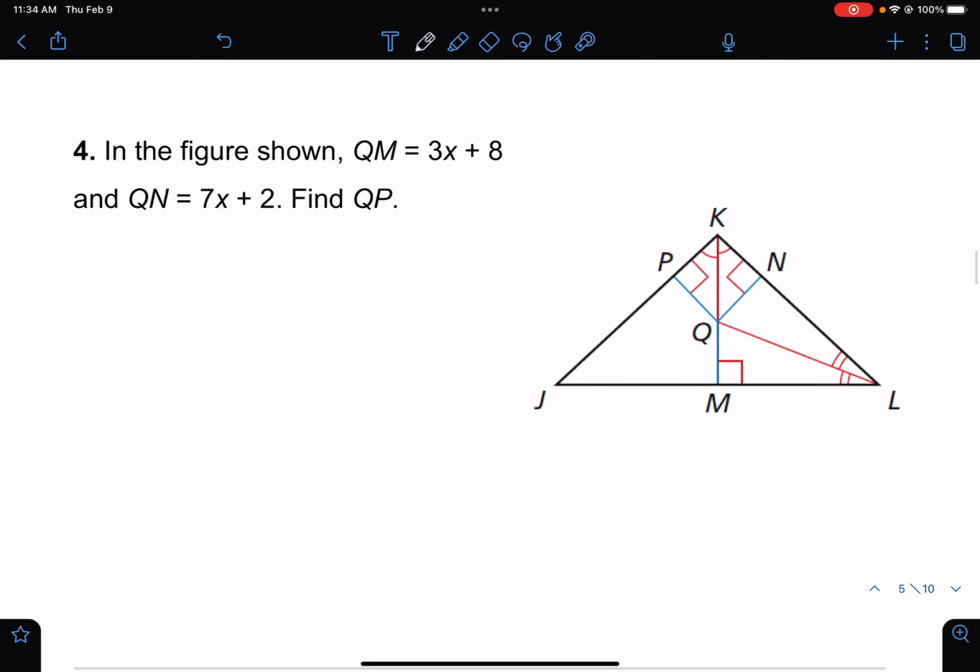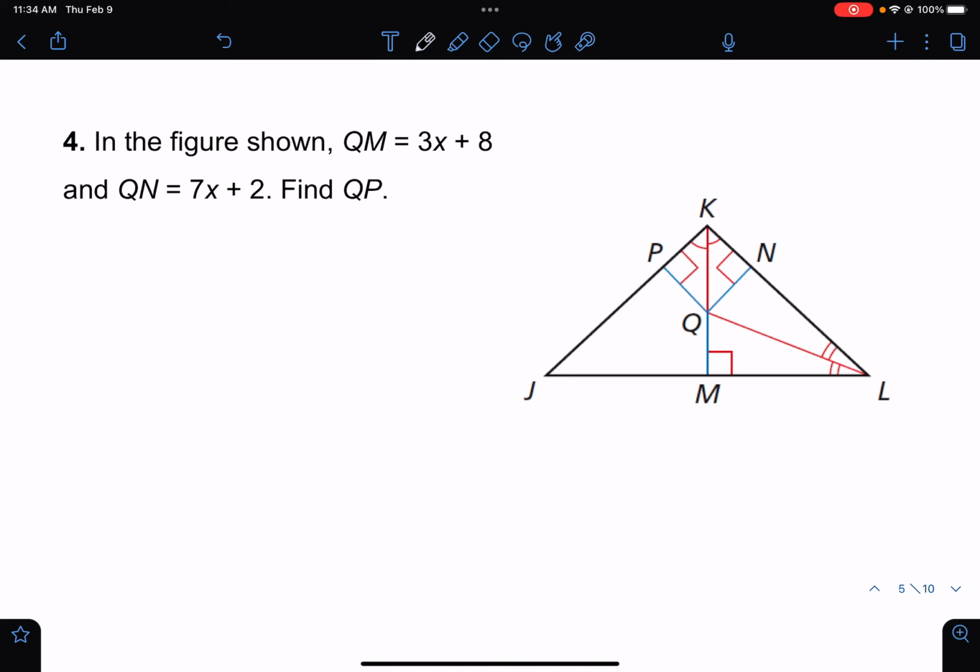So this one, number 4, in the figure shown, QM equals 3x plus 8. So QM is where? QM is right here. So that distance is 3x plus 8. And I noticed that it's at a 90-degree angle. QN is 7x plus 2. So QN, that's this distance, is 7x plus 2. And it wants me to find QP, this distance. So this kind of looks like the last one,